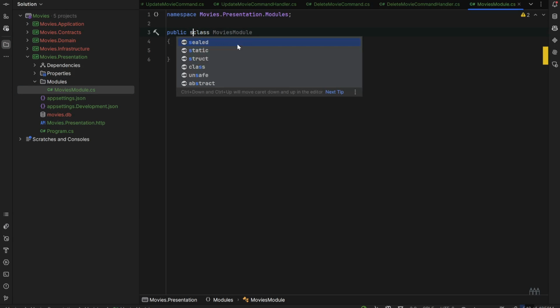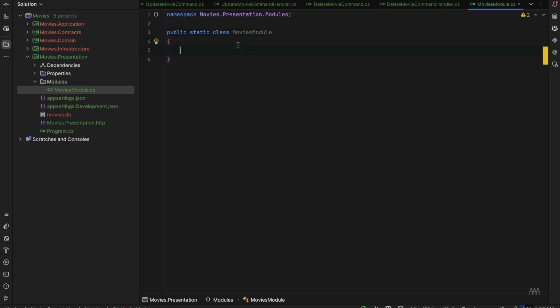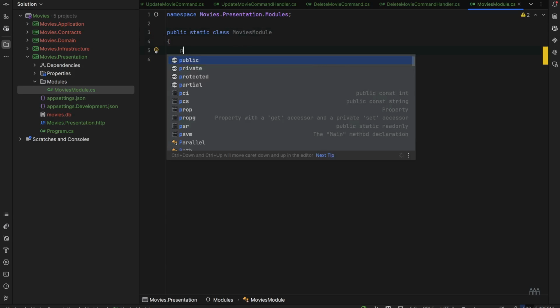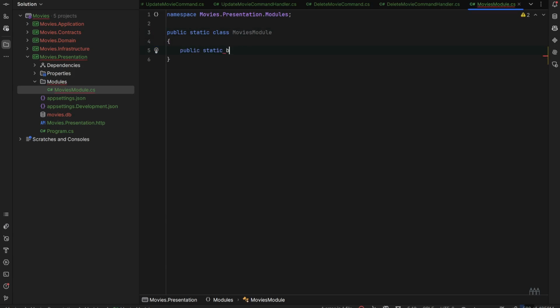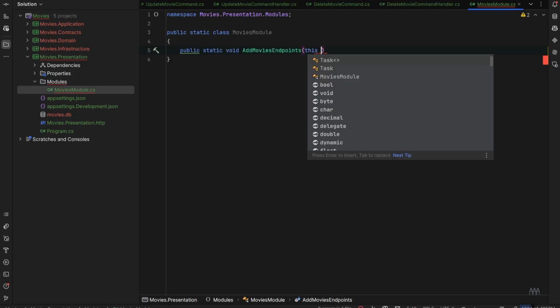It will be a static class because we'll create the extension method. So it will be public static void AddMoviesEndpoints, so we will extend the endpoint route builder